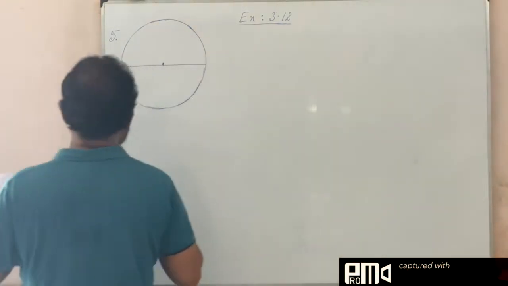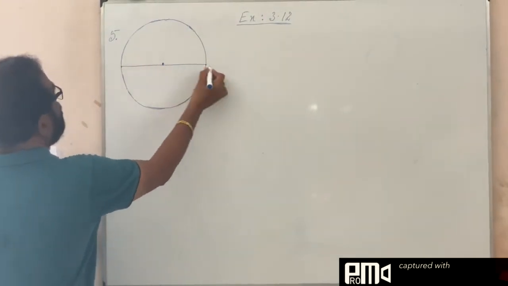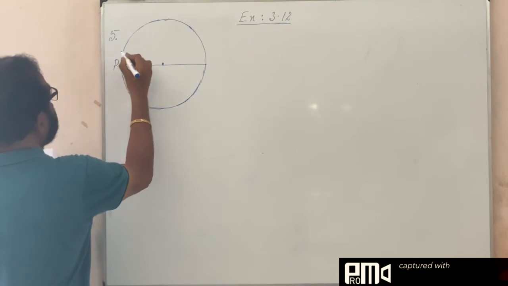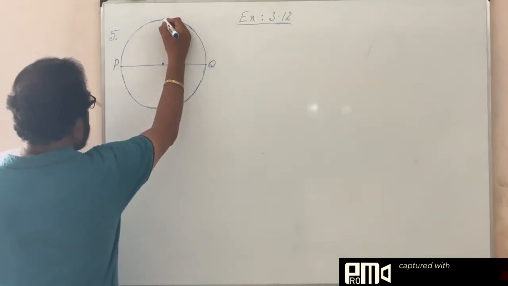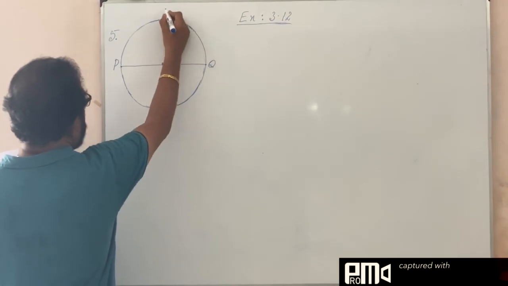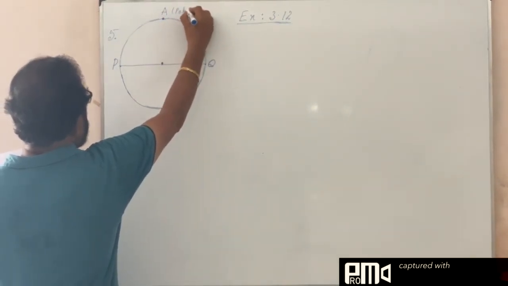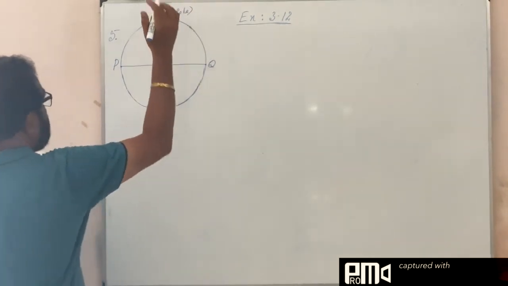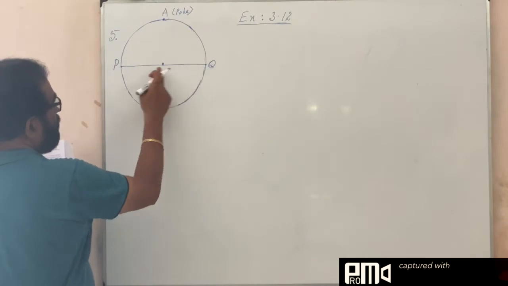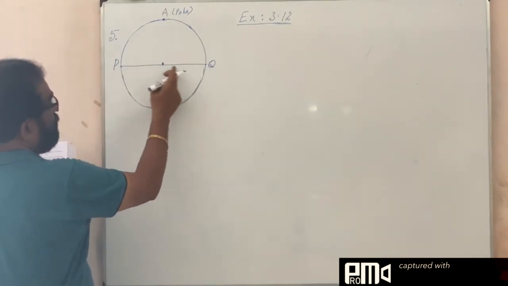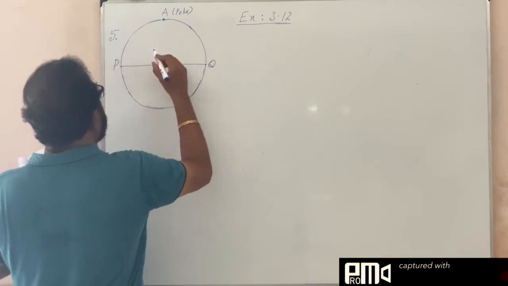Listen. Diametrically opposite. So this is diametrically opposite. Here a gate is there, P. Here another gate is there, Q. And here the pole is there. Pole, I can take it as A. A is for the pole. This pole has to be erected. And the difference between the distances from these two diametrically opposite gates is 4 meters, it is given.